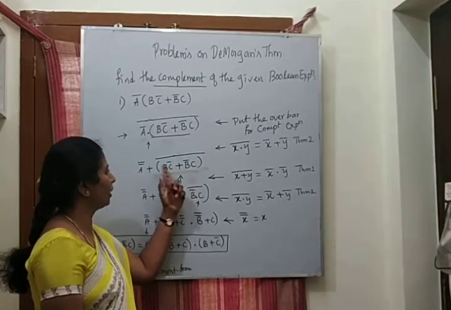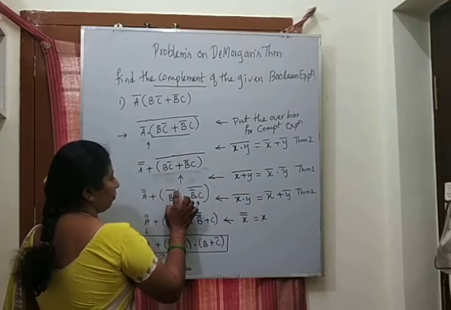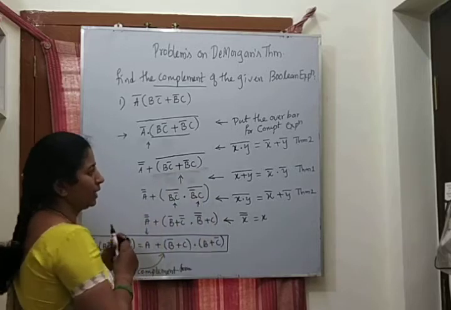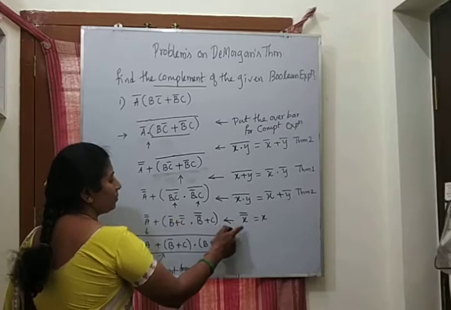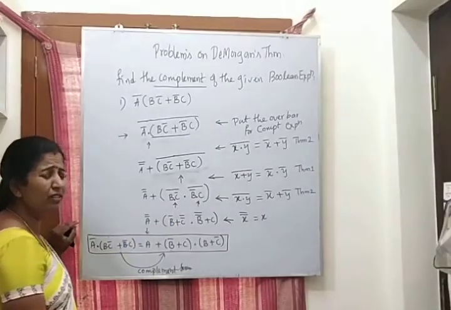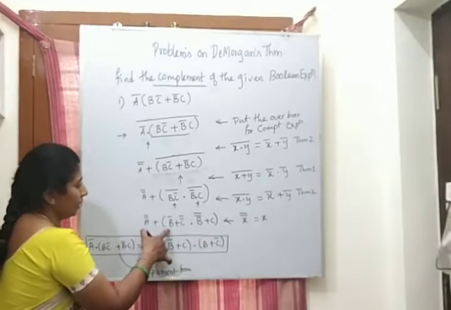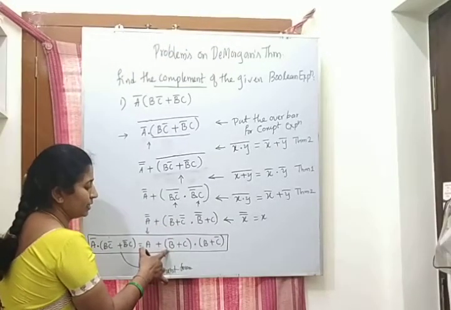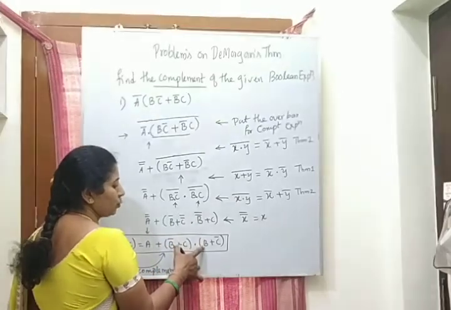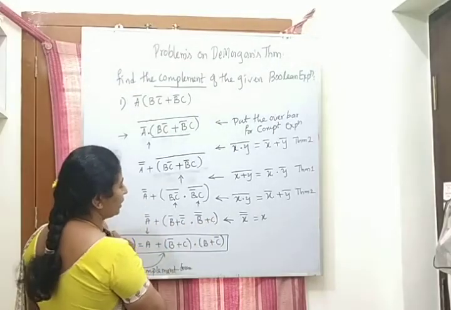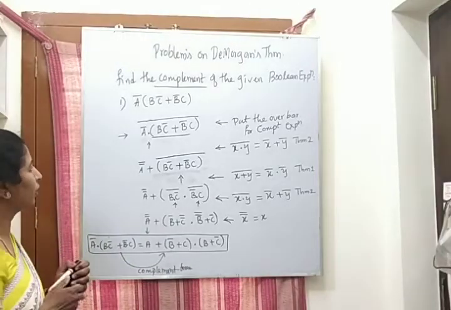This is x, this is y complementation. x plus y complementation can be written as x complement into y complement. So you got this one. x double dash, according to your inversion law, we can write this as x. Hence A double dash gets as A. B has only a single dash, so it remains as it is. Plus C double dash was changed to C. B double dash gets changed to plus. C has a single complement, that remains as it is. Did you get it?